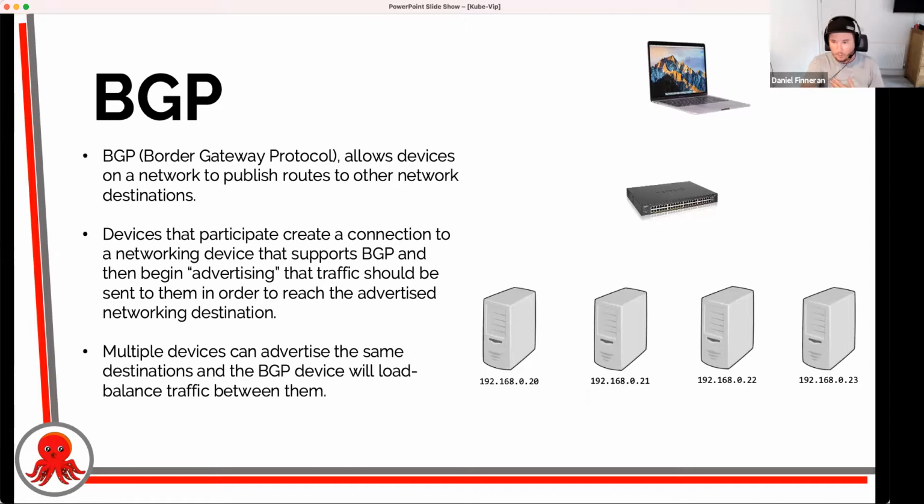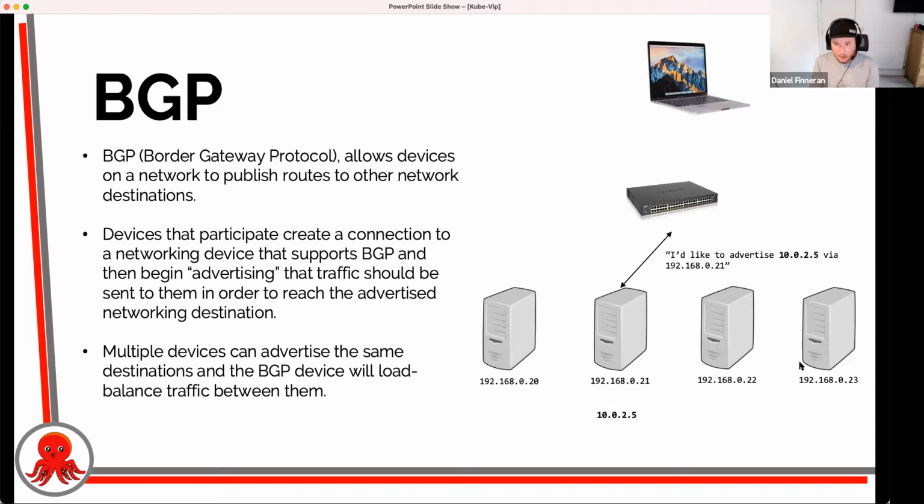So we can see on this diagram here, we've got four hosts, .20 to .23. Effectively with BGP, what we do is we would say, if you want to send traffic to the VIP, then send traffic to .20, and .20 then will take care of sending the rest of that traffic onwards to where the VIP actually lives.